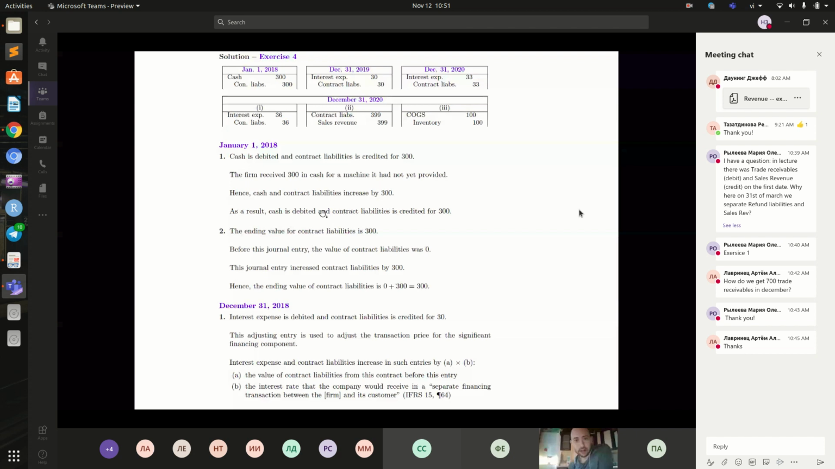In this case, we have a contract with a significant financing component where we receive cash on January 1st, 2018 for a building that we will provide on December 31st, 2020. Hence, over the lifetime of this contract, we will increase contract liabilities so that as of December 31st, 2020, the value of sales revenue that we recognize is greater than the value of cash received on January 1st, 2018. These journal entries where we debit interest expense and credit contract liabilities are for beginning contract liabilities multiplied